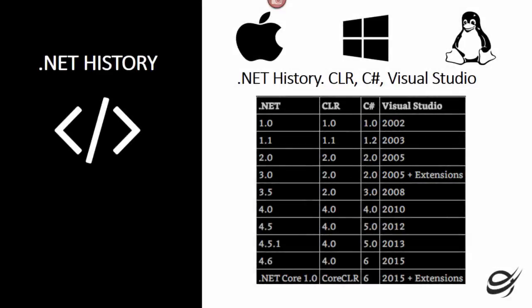This chart demonstrates the .NET history, the CLR history, C#, and Visual Studio history. Dating back to 2002, we had the first version of 1.0 .NET Framework, 1.0 CLR, and C# 1.0. Fast forwarding all the way to the .NET Framework 4.6, 4.0, and C# 6, there is a big contrast and change between this. In parallel to the full .NET Framework, we have the .NET Core, the Core CLR, and C#